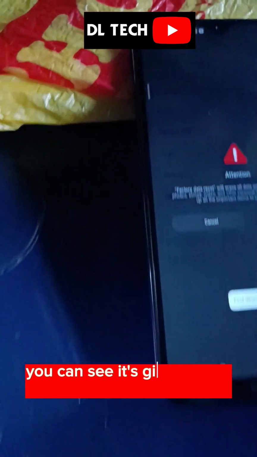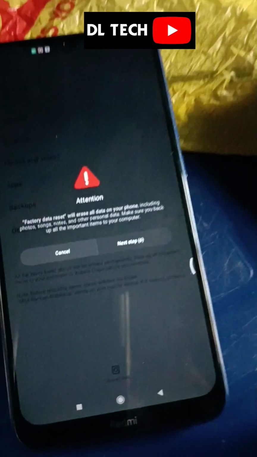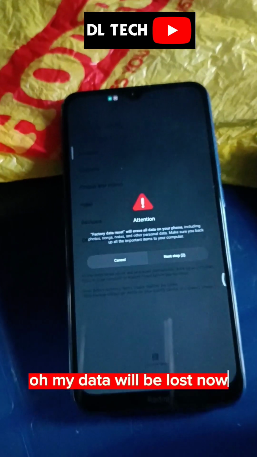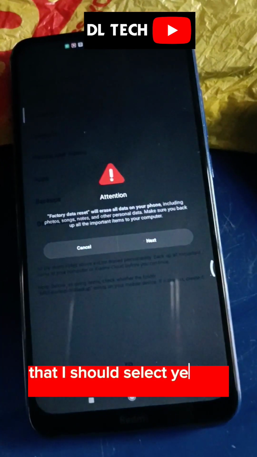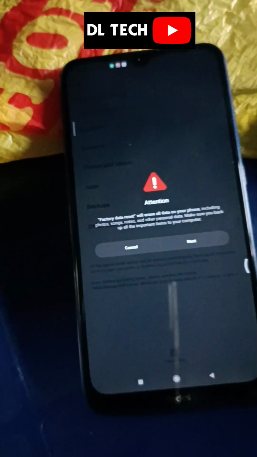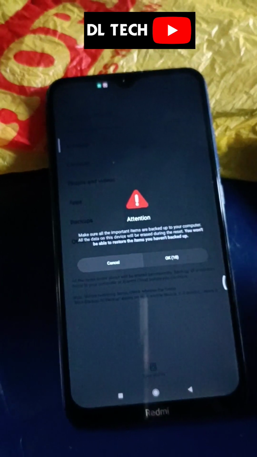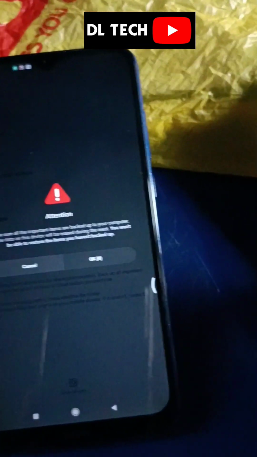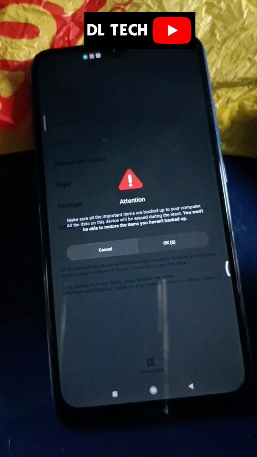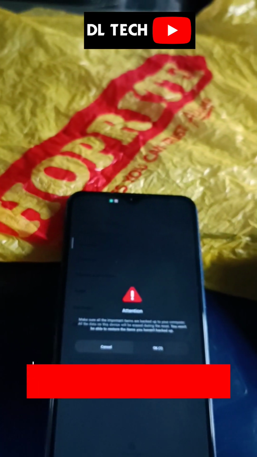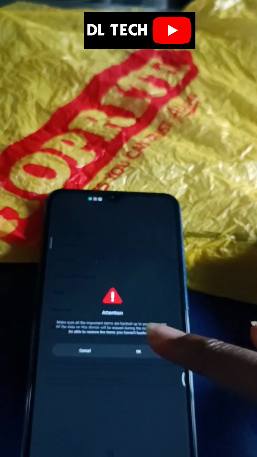So you can see here it's giving me a warning that my phone is about to do a factory reset. All my data will be lost. That I should select yes or I should cancel. So I've selected next and OK. So you make sure your important data are backed up because they will all be wiped away. So I click OK